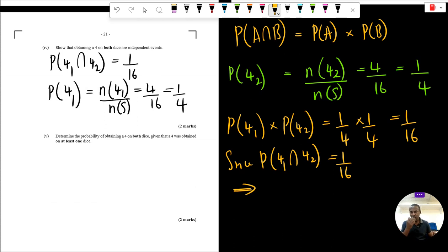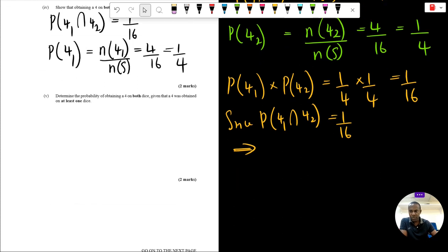So therefore, obtaining a 4 on both dice are independent events as verified by our calculation, right? Now, let's look at part 5. We'll just make some space. Now, let's see, we might need something here. Part 5 says,